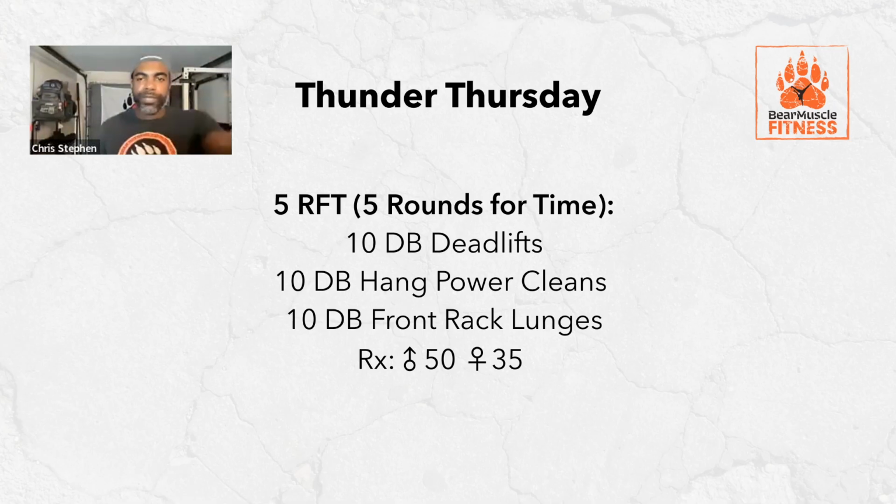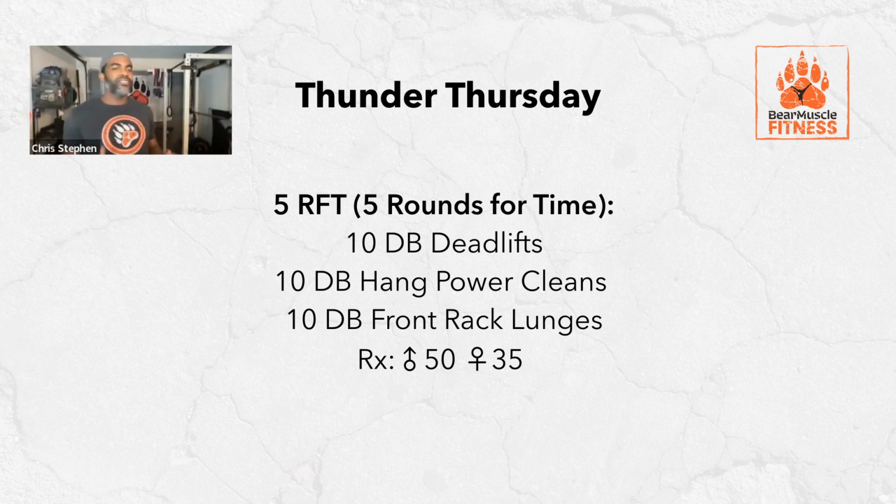So in just about a minute, we're going to start this timer. And we're about to do this Thunder Thursday workout, which is 5 rounds of 10 dumbbell deadlifts, 10 dumbbell hang power cleans, and 10 front rack lunges. Reminder, we are not adding weight to these movements unless we've been earning badges. And even then, if our circumstances